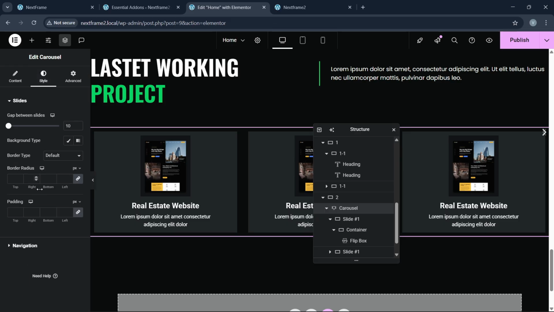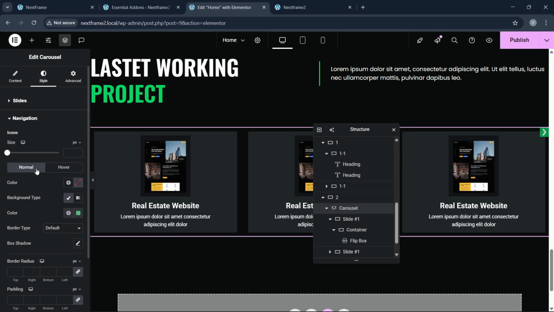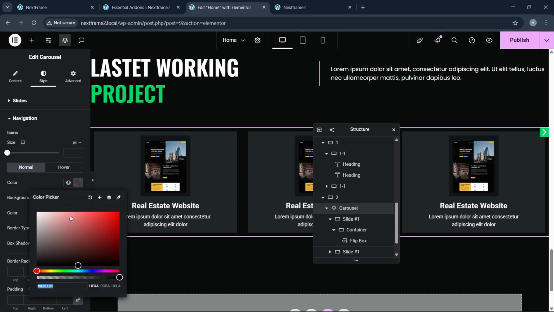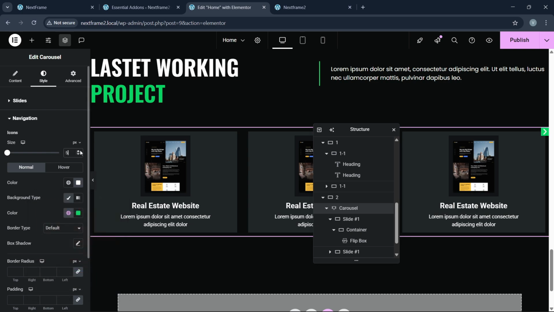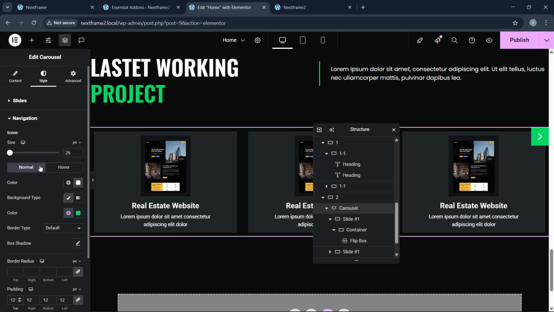Okay, now let's go to the styles. Here in the navigation you have the background type, and here we can make this green, make this white, and make this size 25, and here we can make the padding 30. Okay, here we can make the 10, 12, and